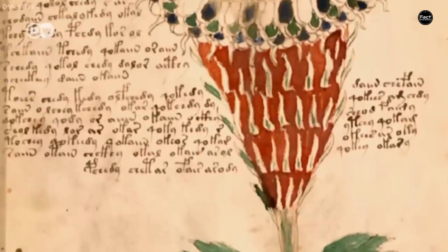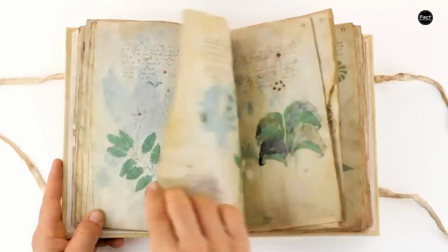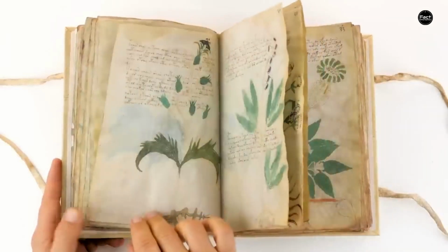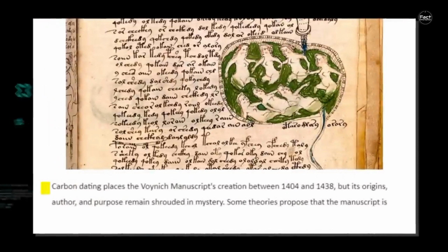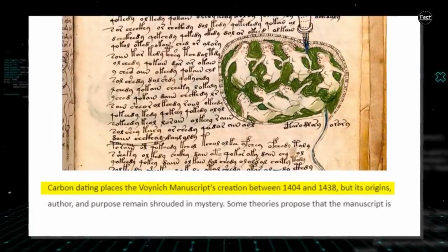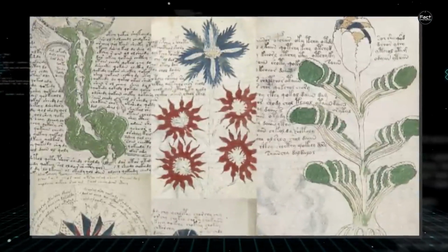The text, written in a seemingly structured yet indecipherable script, has defied all attempts at decryption, despite the efforts of some of the world's most skilled codebreakers. Carbon dating places the Voynich manuscript's creation between 1404 and 1438, but its origins, author, and purpose remain shrouded in